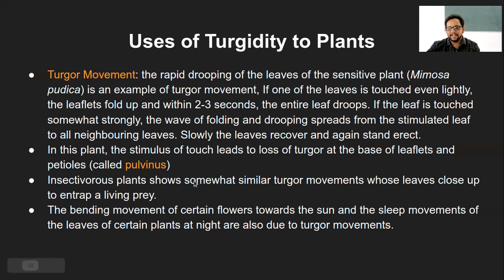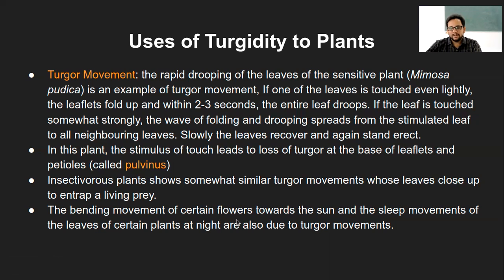Okay, so these insectivorous plants show somewhat similar turgor movements, and again that closing and opening is touch sensitive. As and when the prey sits on that particular structure which is going to entrap the insect, that structure will sense it. It's usually spiky so that it can poke into the prey as well, and it's so sudden, you can imagine the release of that turgor over time. So that is just one small mechanism that you need to be aware of.